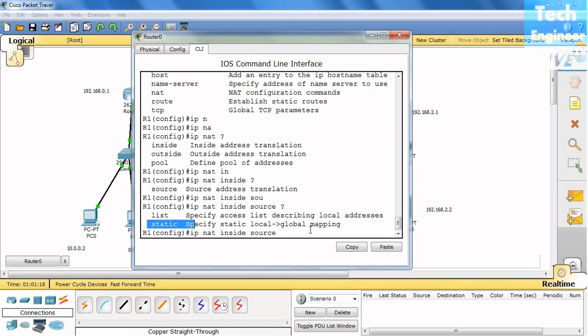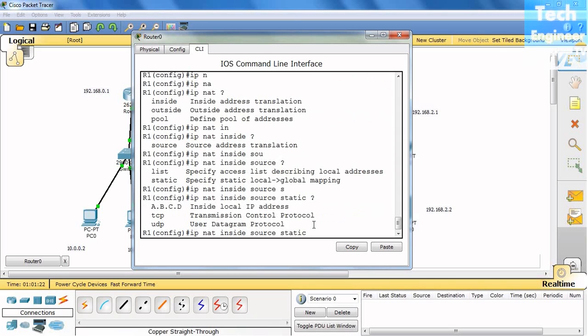Since we are configuring static configuration, at static you have three options. The A.B.C.D is the inside local IP address, TCP is Transmission Control Protocol, UDP is User Datagram Protocol. We want to give the inside IP address, since we are configuring inside. So the inside IP address is 10.2,